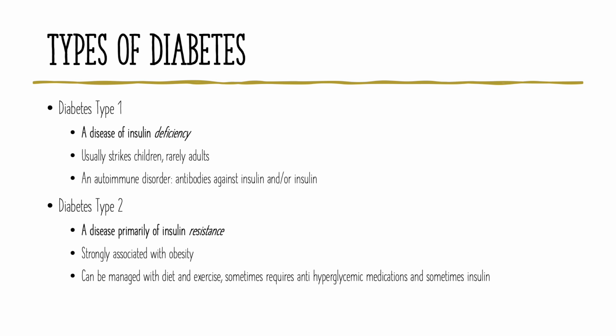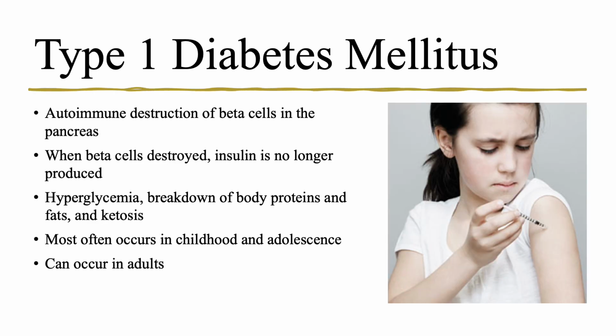And if you remember, type 1 diabetes is a disease of insulin deficiency. In other words, the pancreas is not making enough insulin. Type 2 diabetes is a disease of insulin resistance. The pancreas is making insulin, but A, it's not enough insulin because B, there aren't enough receptors, or the receptors are resistant to accepting the insulin in order to move the blood glucose into the cell for energy. So we're going to drill down into these two types of diabetes in this part of the lecture.